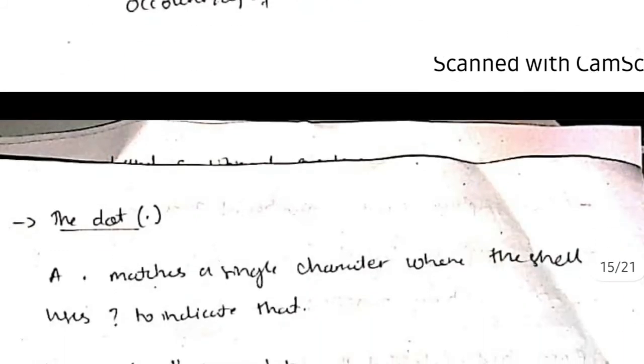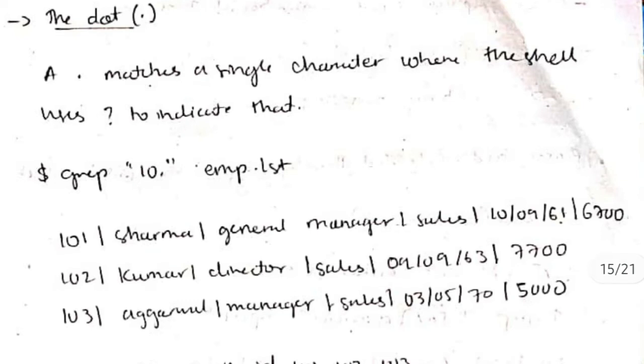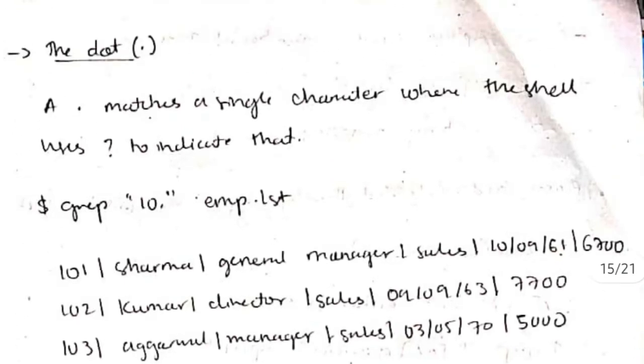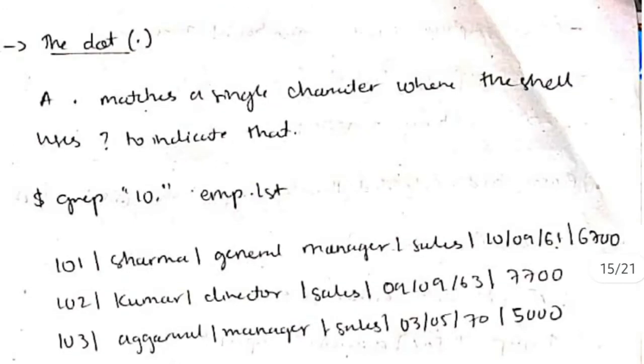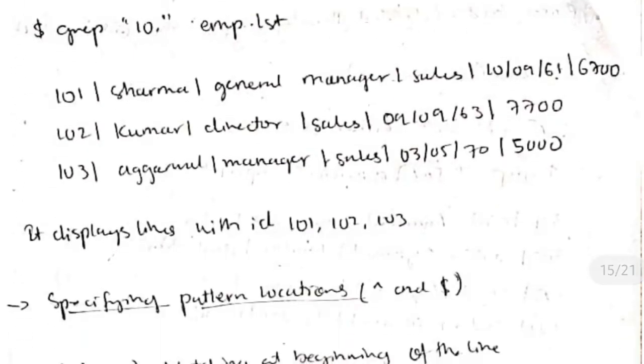And we have the dot operator. Dot matches a single character, and it is the equivalent of the question mark. Before, while using the wildcards, we used the question mark, right? In this grep command we'll use dot. So we have grep 10 dot. Dot means any single character. If I write 10 dot, it will represent all those files which start with 10, which is